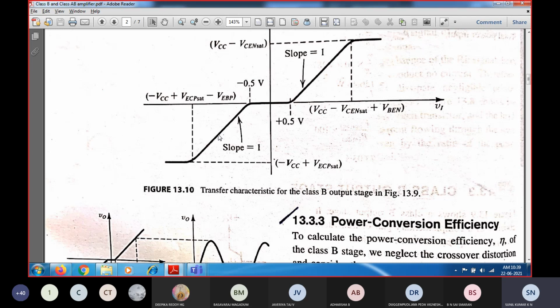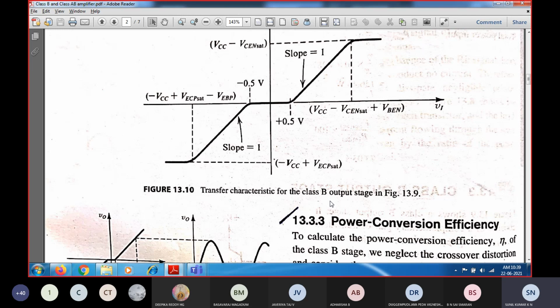So V naught by V in will be equal to 1. And then you can see that whenever the QP, that is a BJT PNP transistor, enters into saturation at that instant, it is going to get saturated. Whenever it gets saturated, the output voltage will be saturated at the corresponding output voltage, that is minus VCC